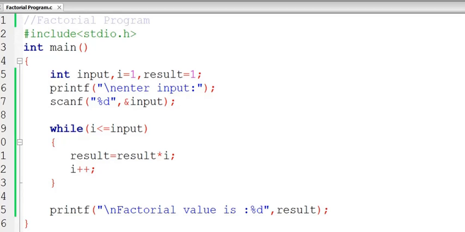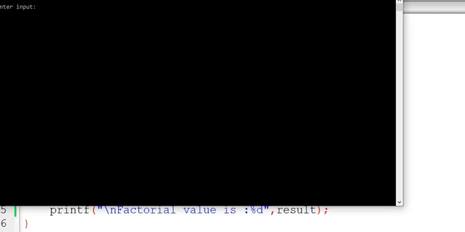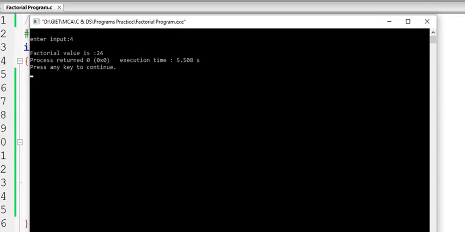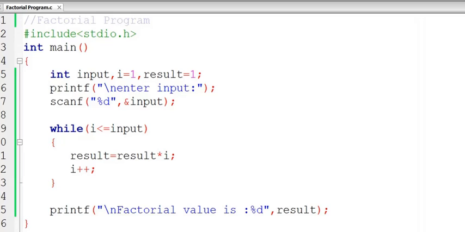Suppose I give 4, I get factorial value is 24. So like that we can write the factorial program using C. It is very simple. I hope you understand this well.